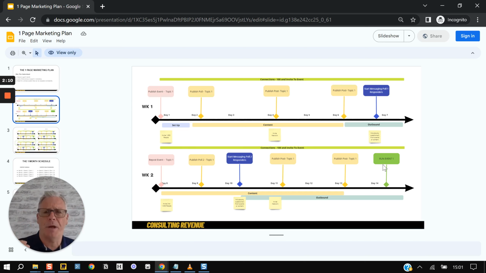There's a couple of different ways you can run a LinkedIn event. You can run it native to LinkedIn, whereby you create an event page, you stream to that page, the video's held on that page. Every time you go live, the people who are signed up for it get notified. So that's like level 1. With my clients, I work at level 1, level 2, level 3. So that's level 1.